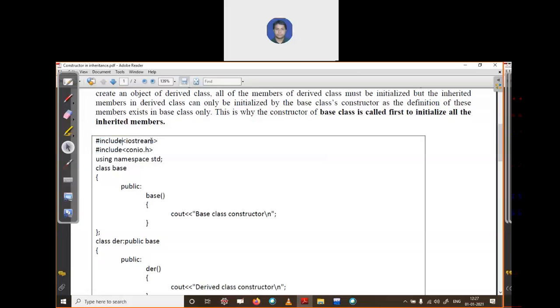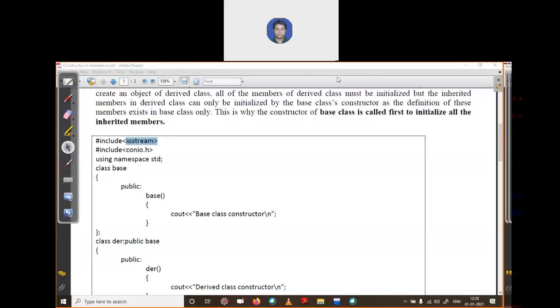Why are we adding these header files into our program? Anybody, please unmute your mic and speak: why am I adding this iostream header file into our C++ program? Yes, please, Nidhi.